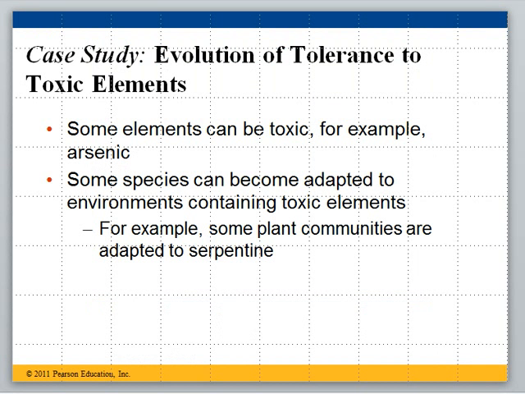Of course, some of the elements in the periodic table are not only not needed for life, they're actually harmful to life. So, for example, the element arsenic, which you are probably familiar with, at least through books or movies or TV, is a toxic element. A very small amount can cause the death of a living creature.